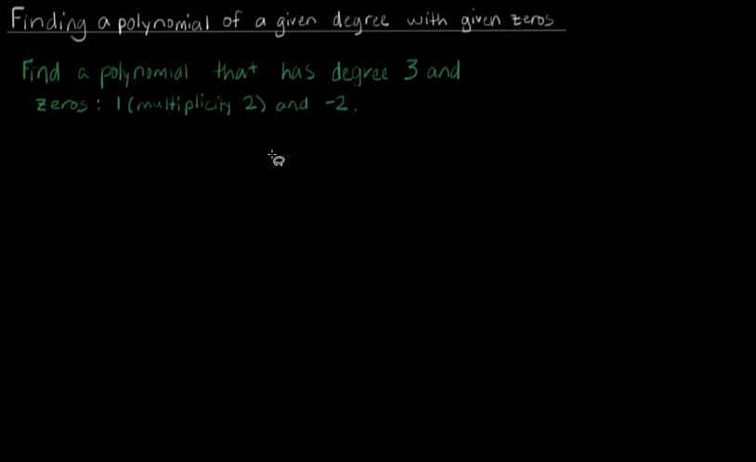In this video, I want to talk about how to find a polynomial of a given degree with given zeros. So first, let's talk about what a polynomial is. So a polynomial